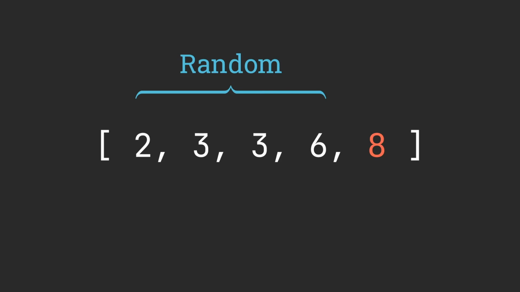But this time there's something different about the random section. All the numbers happen to be in the correct order, so we don't perform any swaps. That means it's not just the last number which is in the correct place. All the numbers are in the correct place. So the rule is this: if we get to the end of our random section without performing any swaps, we don't need to perform another iteration. We have sorted the entire list and are finished.